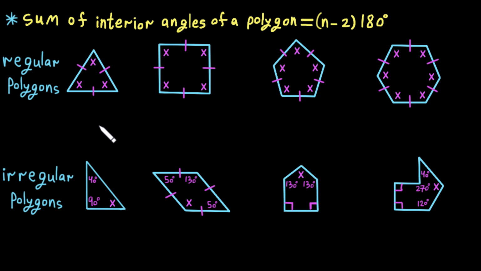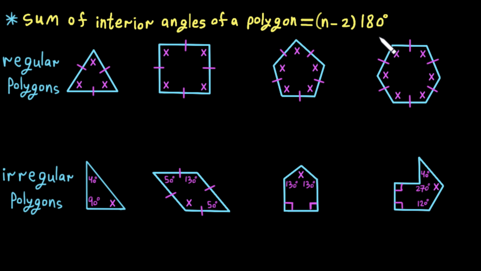In this video, we will find the missing interior angles of a polygon. We will apply this to different polygons from triangle to hexagon, covering both regular and irregular polygons with plenty of examples. We will use this formula, which is n minus 2, the whole thing multiplied by 180 degrees, which